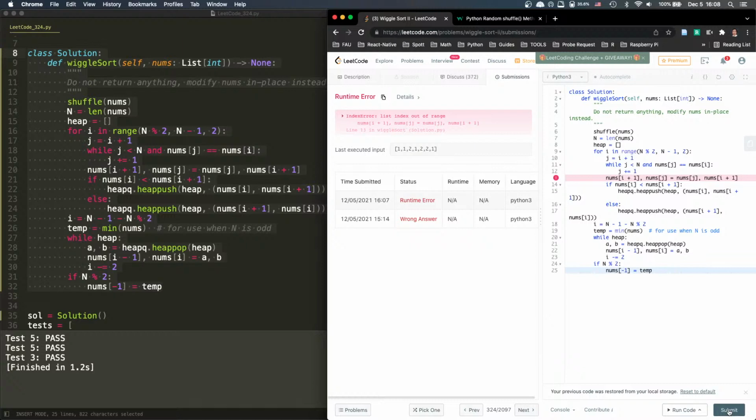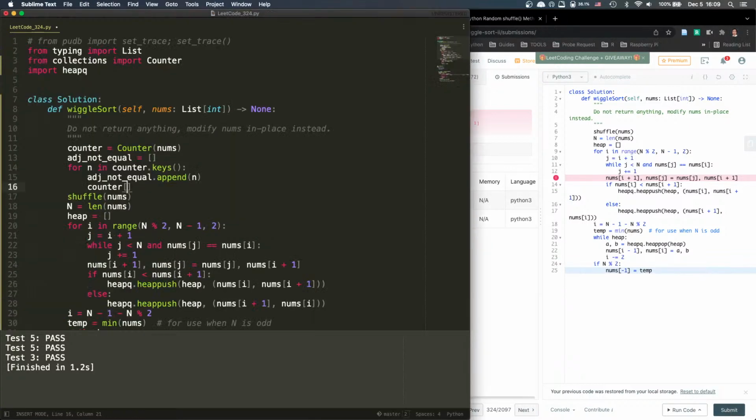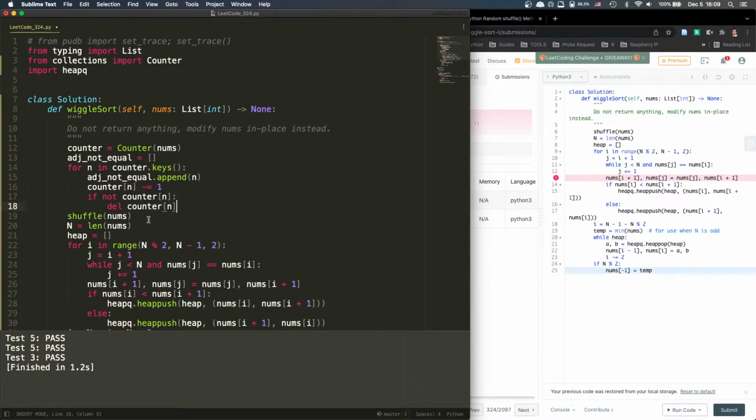And then let's say this dot append n, and counter n minus equal 1, and if not counter n, then del counter n, right? And then we go back, so counter changed, then we go back to new keys, and we hit, and